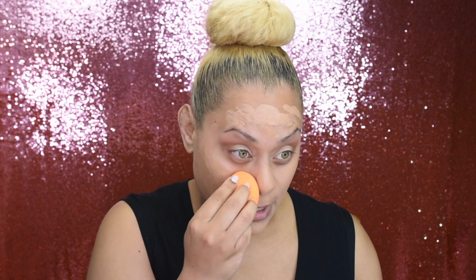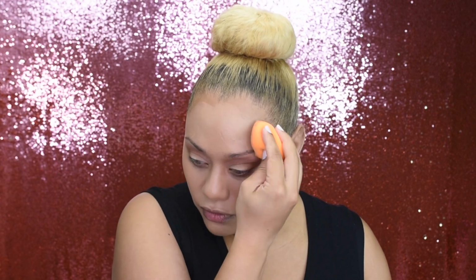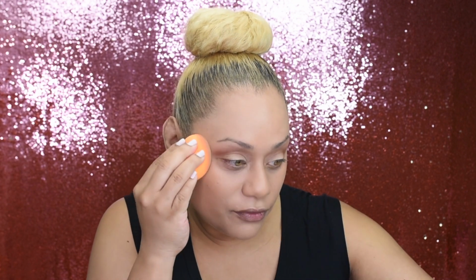Absolutely full coverage. This might not be my best color match, but this is the darkest one that they gave me. Yeah, that's too late. So I'm going to put that all over, and then I'm just going to add a bit of a darker foundation to balance it. I could tell just from using it that it is absolutely able to be a full coverage